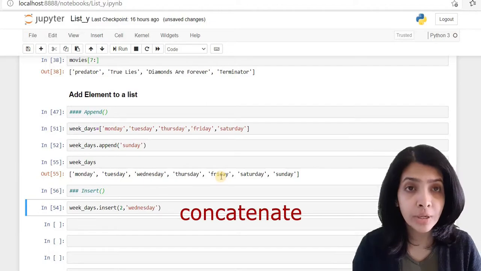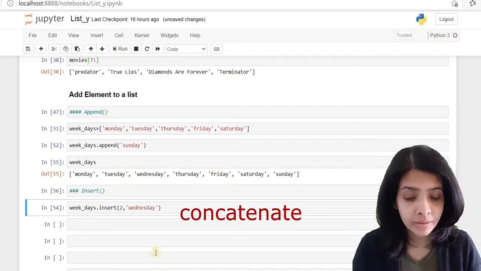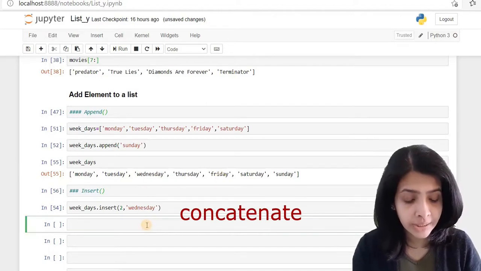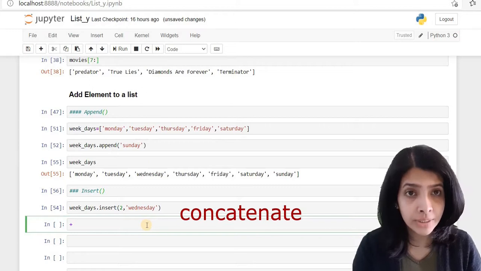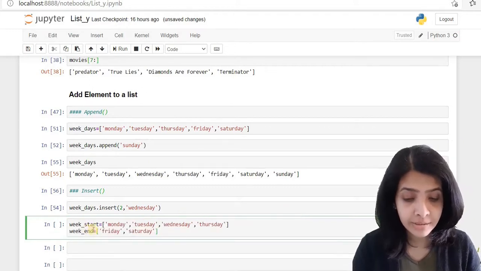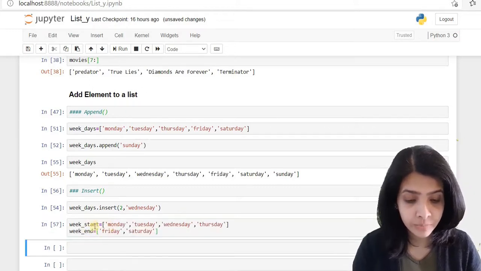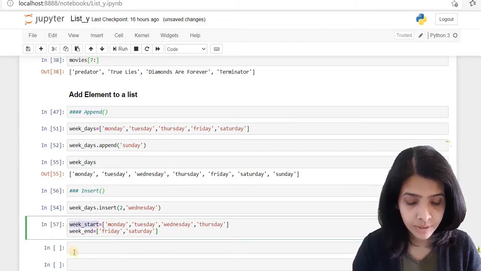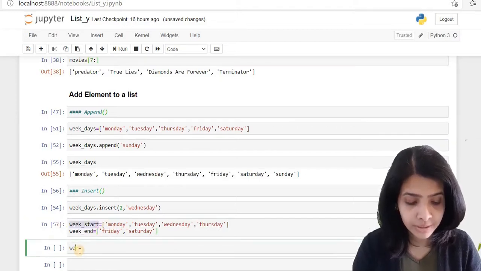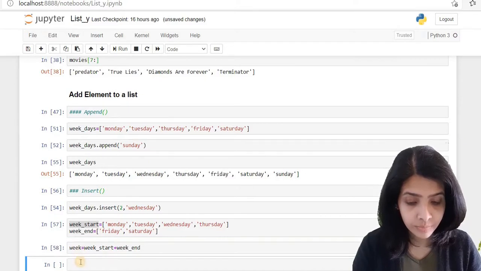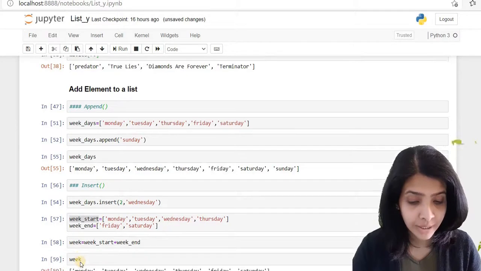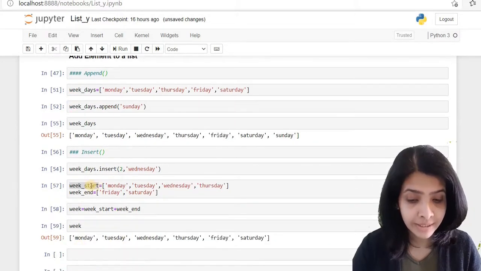We can also concatenate 2 lists together, and that's very simple. By using a plus, we can add 2 lists together. Suppose I have 2 lists, week start and weekend. Then I can create a new list called week, and I can say week start plus weekend. And if we execute week, you can see that it has appended the start